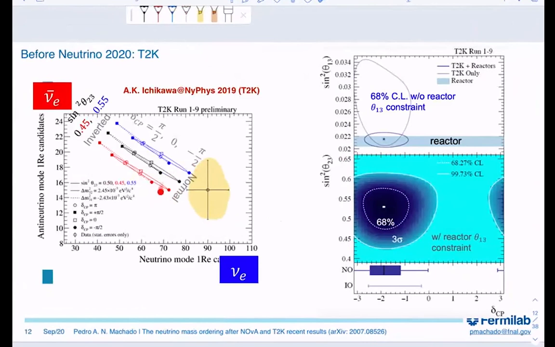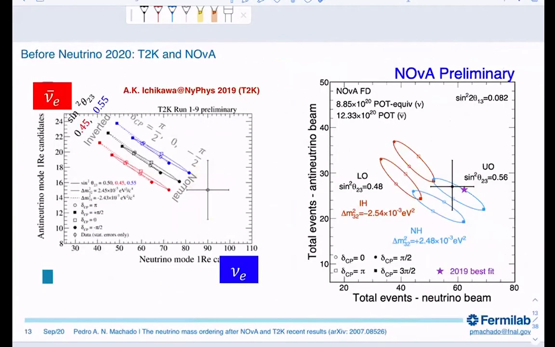So this is why T2K preferred minus pi over 2 for the CP violation. And you can see here in these plots, for instance, here is normal ordering preference for CP violation, 1 sigma and 3 sigma. And you see that T2K basically almost rejected no CP violation at 3 sigma. And for inverted ordering, you don't even have the 1 sigma region here. So combining these two together, you see NOvA gives you this, and T2K gives you that. In some sense, it's easy to see that NOvA is roughly compatible, not so far from minus pi over 2. T2K is only compatible with minus pi over 2.